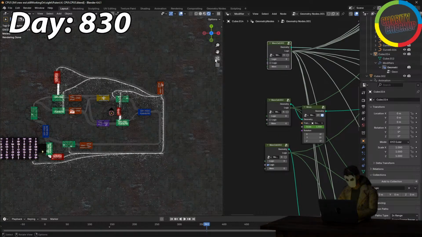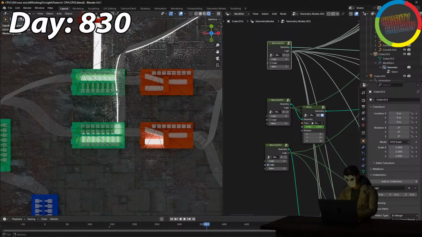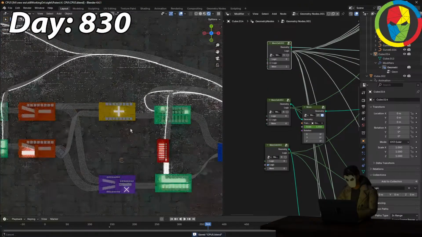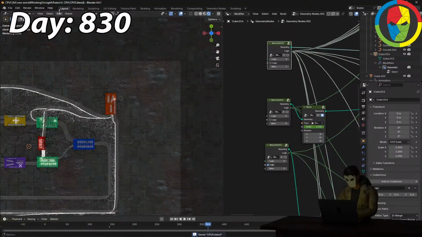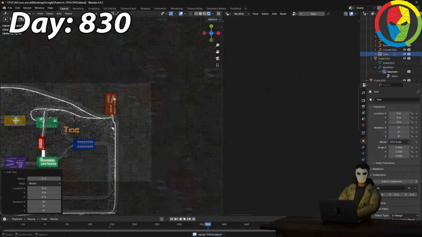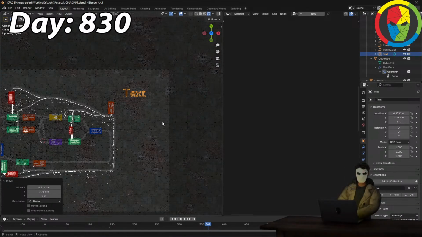So right there we need text, and we want it to be